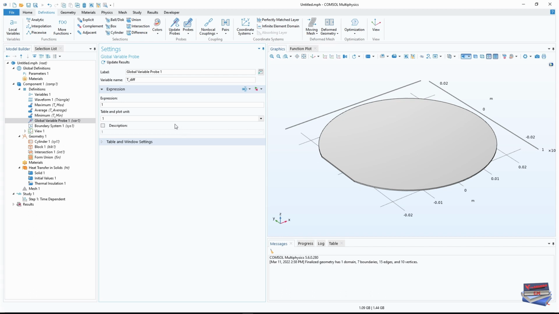And for the expression, we need to subtract the minimum from the maximum. Okay, so for the expression, we have tmax minus tmin. Okay,